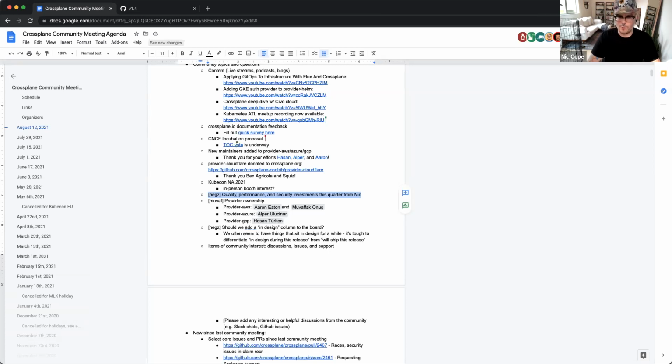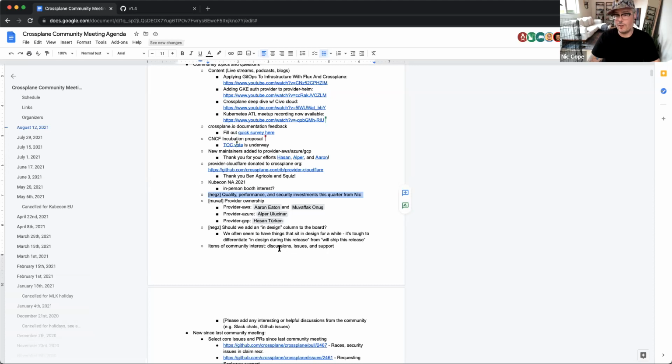The team that's been working on Crossplane for a while has definitely taken a "we don't want to prematurely optimize" approach. We designed for code readability and extensibility, and now that we're finding people operating at scale, we have data, we can start investing in some things. I am also looking at, as I mentioned, some race conditions, security, things like that.